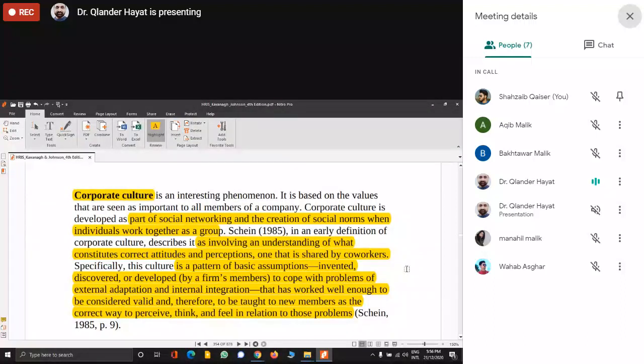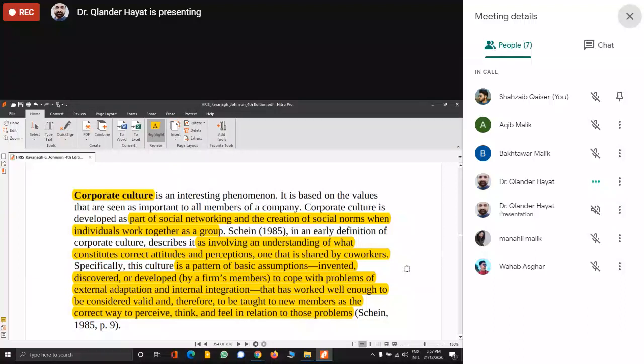According to Schein, 1985, he defined corporate culture as involving an understanding of what constitutes correct attitudes and perceptions, one that is shared by coworkers. There is another definition: culture is a pattern of basic assumptions invented, discovered, or developed by firm members to cope with problems of external adaptation and internal integration that has worked well enough to be considered valid and therefore to be taught to new members as the correct way to perceive, think, and feel